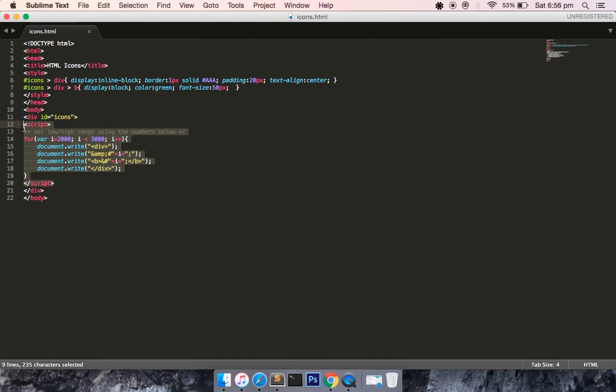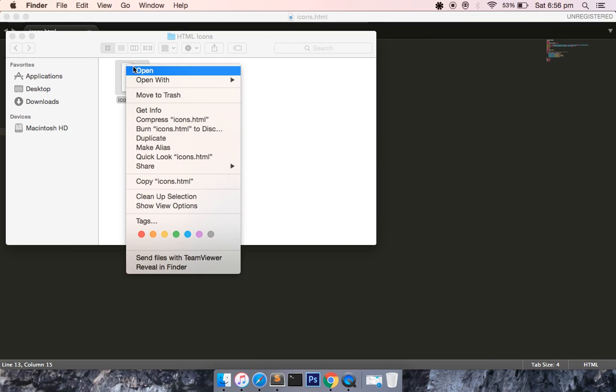So JavaScript is always enclosed inside the script tag, and here you can see that the JavaScript is actually running, and it is inserting some HTML markup inside the web document. So when I run this code in any browser,